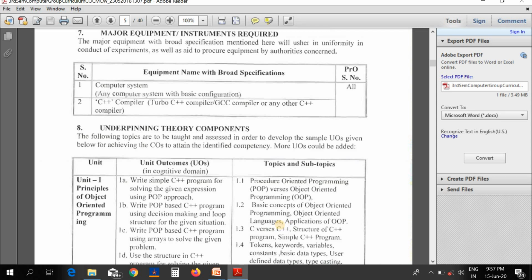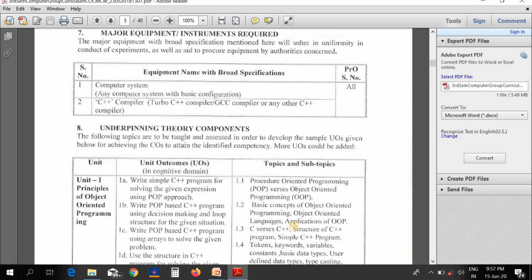Then we will see which languages are considered object-oriented languages, such as the Java programming language and the C++ programming language.